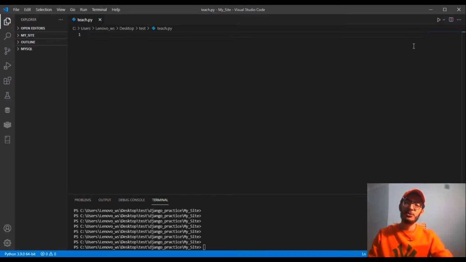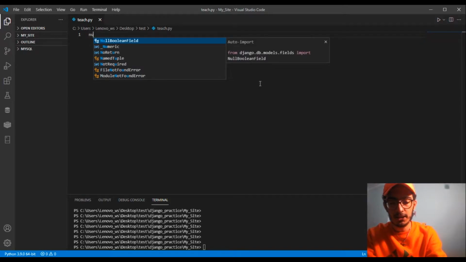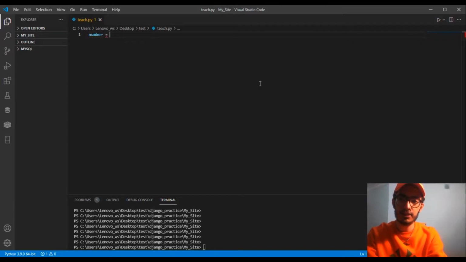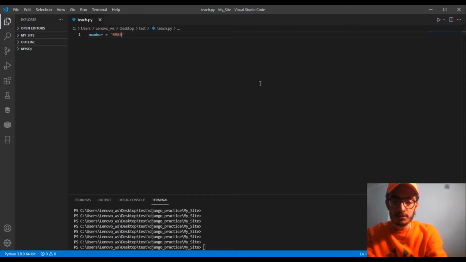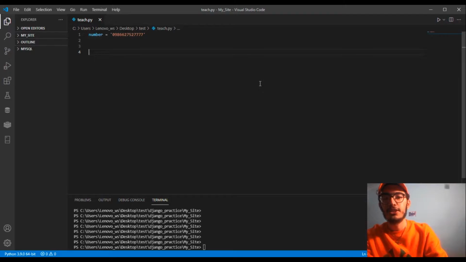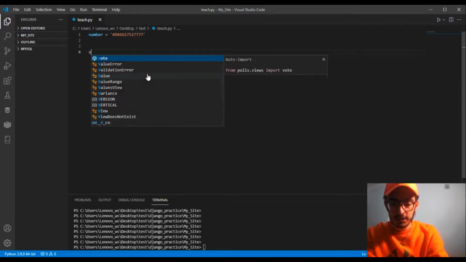In this one we're gonna change some characters in a string by method replace. So let's say you have a number and I write some numbers and some sevens at the end of the string, and we want to change 7 to 1. So we write another variable